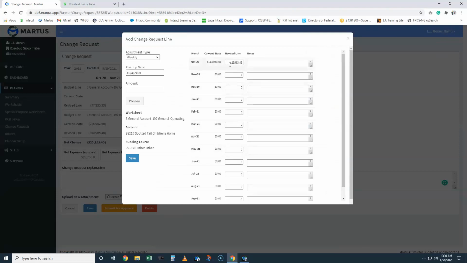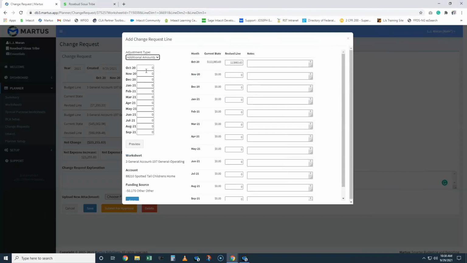What do we need the new budget to be? Well, we're proposing changes that total $23,000. So we can take out our phone to get the calculator, bring our computer calculator on screen, do that too, or we could use that additional amounts. So I'm going to go to additional type, switch to additional amounts. What do we want to do? We want to take out $23,255.83,